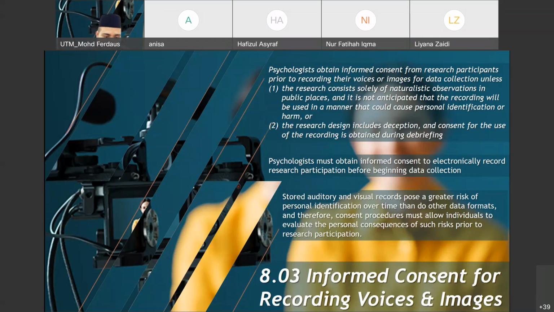What is the meaning of debriefing? After the research, we tell them the whole story of our research, the main purpose, what we are looking for. That's why if you happen to watch the Just for Laughs or the prank videos, they don't leave the target participant like that. After that, they go and inform them that actually we are doing this research. And then in that debriefing, you need to ask for informed consent.